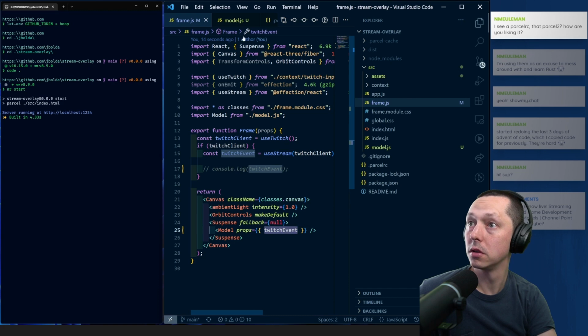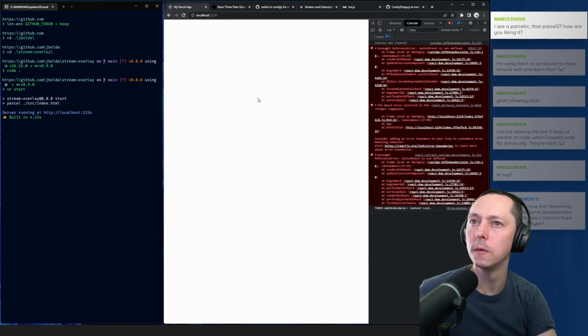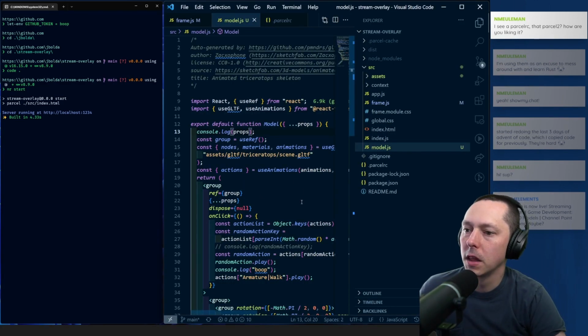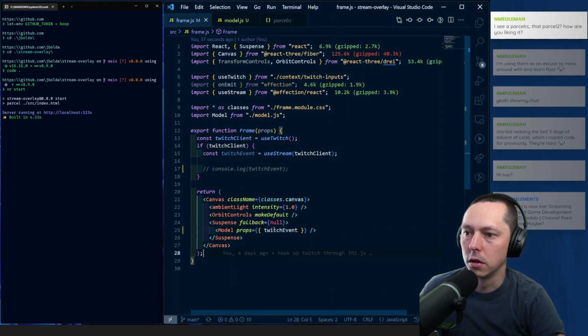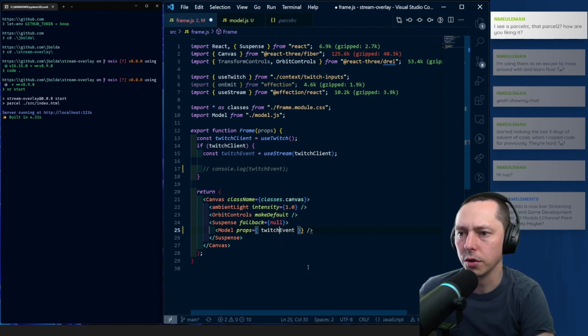Twitch event is not defined at frame. Is it not liking this syntax? Can you not do shorthand in, I guess I can just do this.